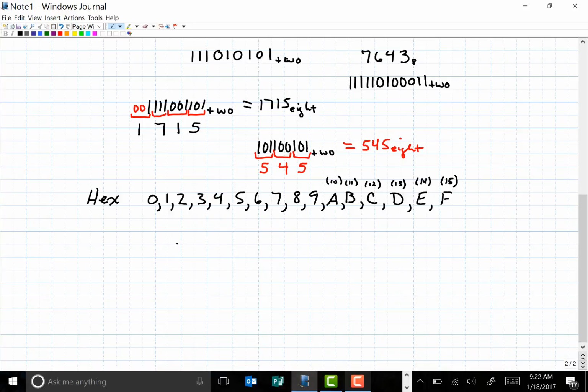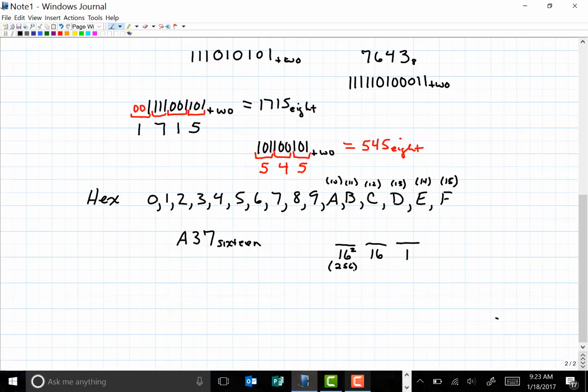And so, for example, if I have A37 in base 16, or in hexadecimal, that means I have a value of 10 in this digit, a value of 3 in this digit, and a value of 7 in this digit. And all of my digits are powers of 16. So I have the 16 to the 0, or the 1's. I have the 16 to the 1, or 16. And then I have the 16 squareds here, which is the